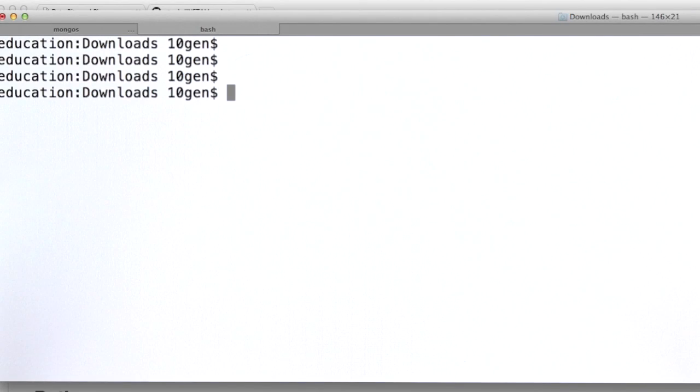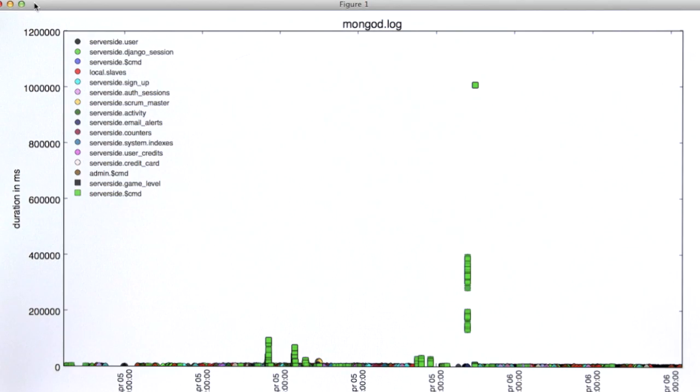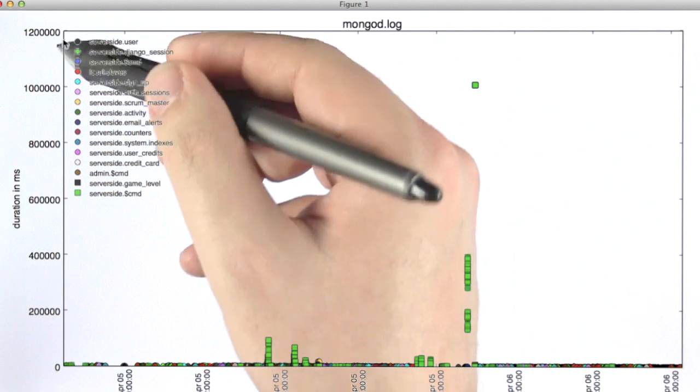The real win is when you're starting to graph things. So let's have a look at the command that lets you do that. mplotqueries mongod.log. We'll just run that without any arguments whatsoever, so we'll leave everything to be the defaults and see what happens. And what we've got here is a graph of the operations, and again done by the namespace over